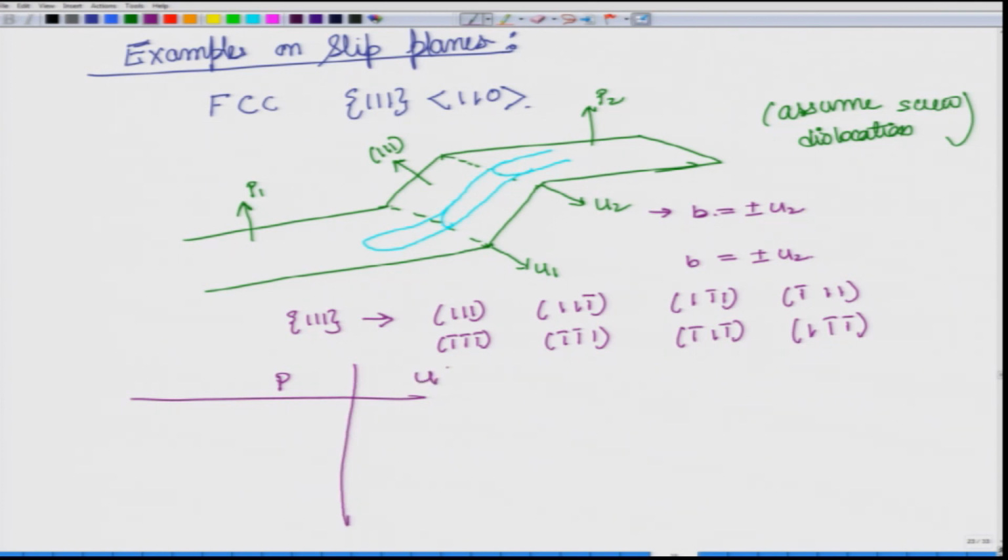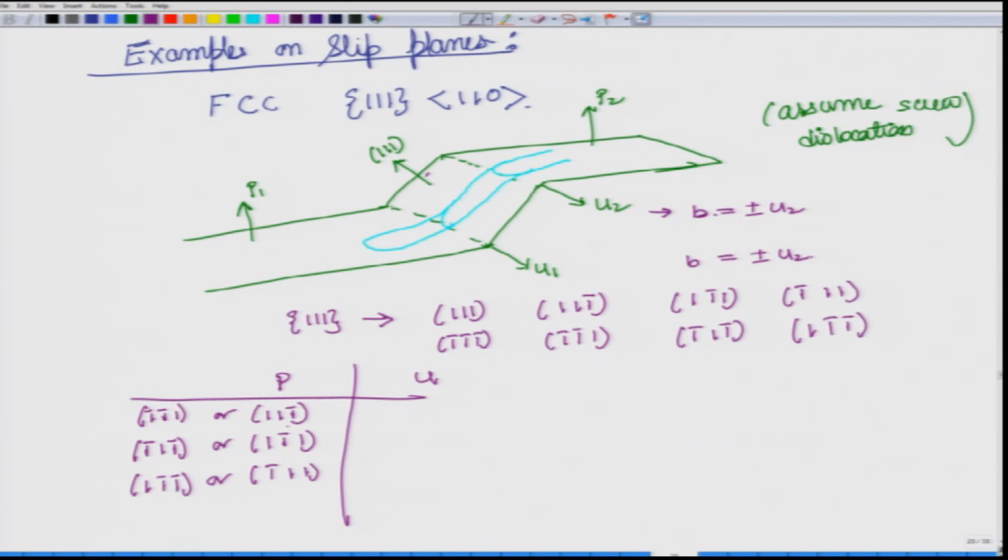Now I will have to write: it cannot be 1 1 1, because 1 1 1 is this one and it is moving on to another plane. So, the other planes possible are 1 1 bar 1, or 1 bar 1 1, or bar 1 1 1. These are the 3 possibilities, and corresponding to each of these there is also a negative, which is not really unique, but for the sake of completeness we will list it out over here. So, either this or this, this or this, this or this: these are the 3 possibilities for the plane.